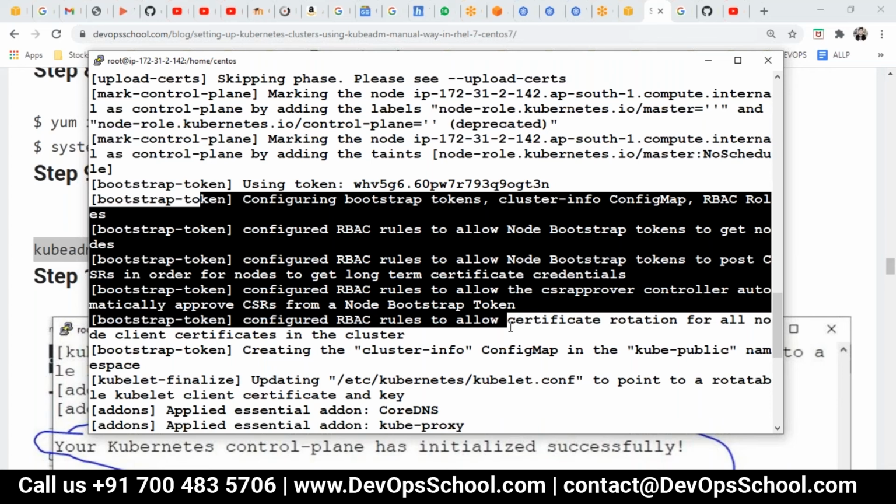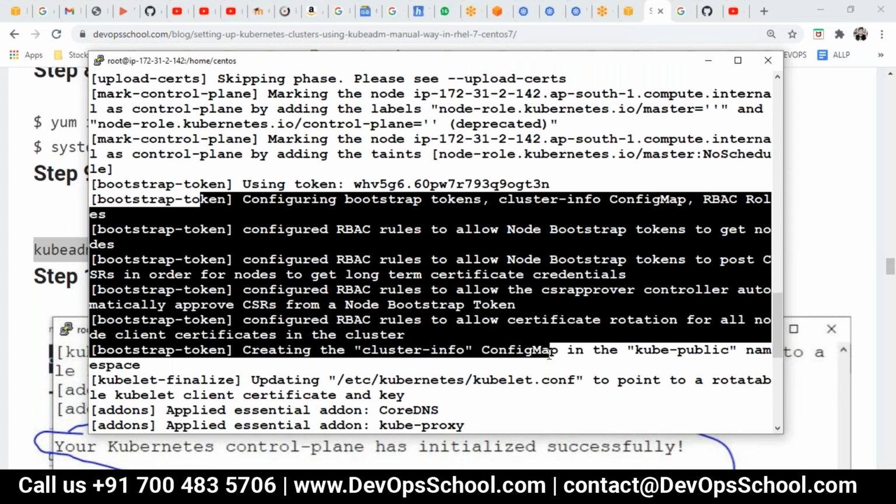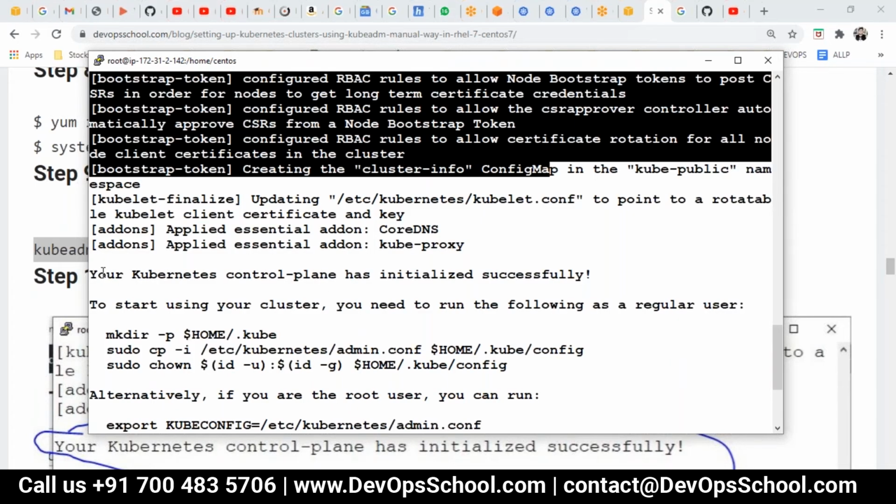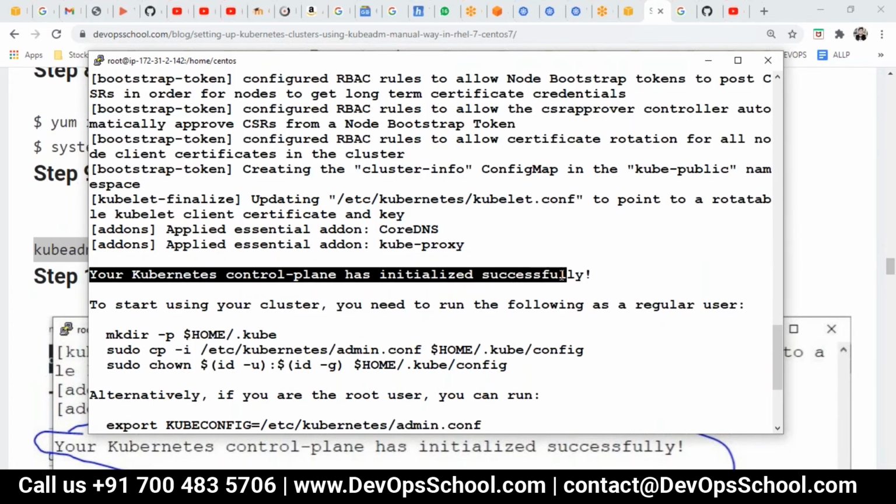Security is being set here: RBAC, role-based access control, node, bootstrap, and all that stuff. And finally, please read this statement: your Kubernetes control plane has initialized successfully. Done. It just took, I think, not more than 60 seconds.